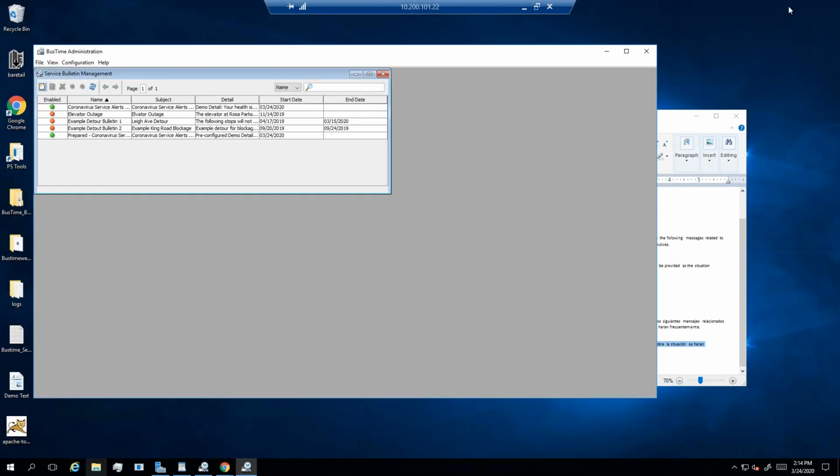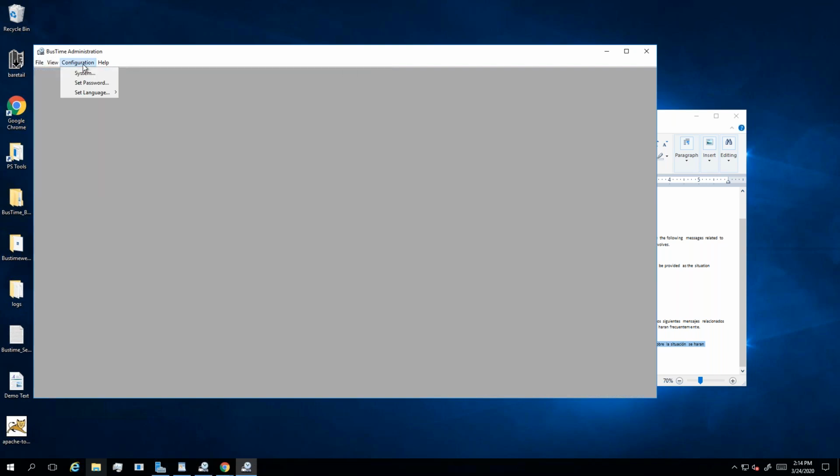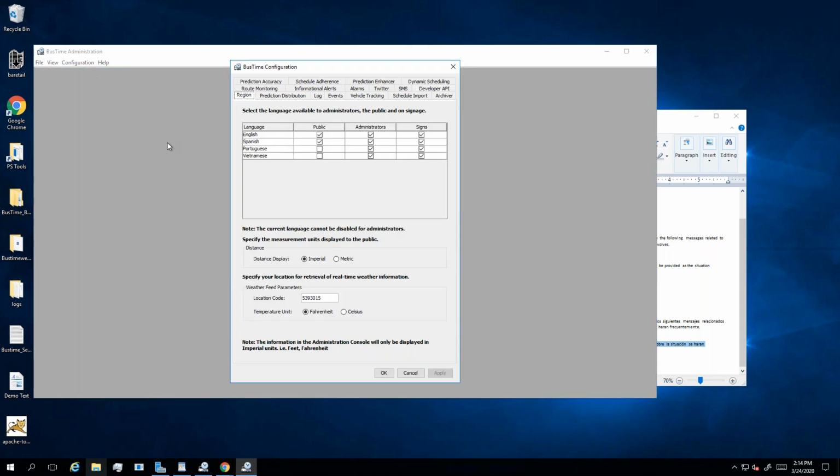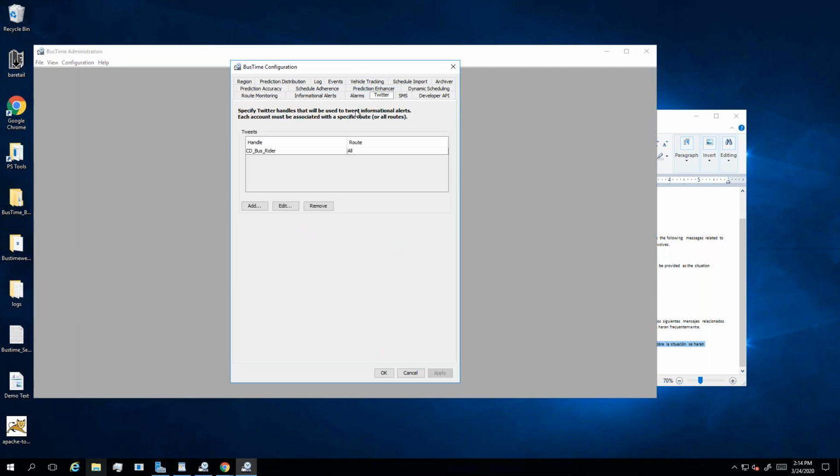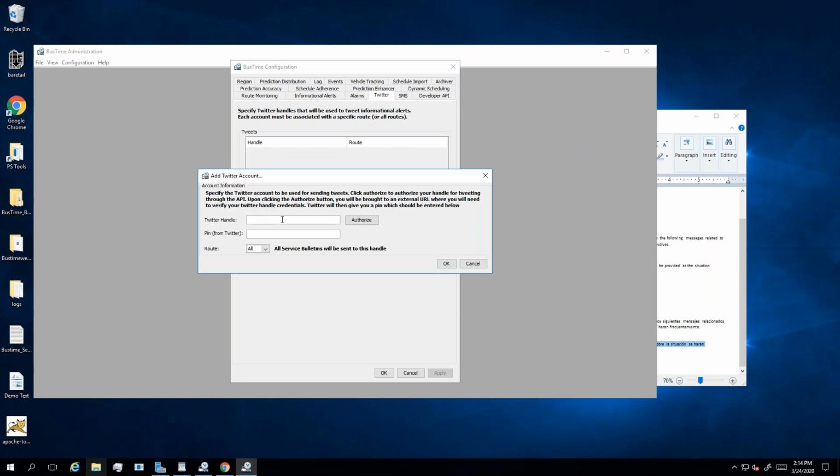All right. So with that concludes what I wanted to share about administering service bulletins, but I did want to show how Twitter can be configured at your site, just because it really can be done in under just a few minutes. So from within configuration, system, and then somewhat predictably the Twitter tab, we can review the setup. So this is the account that it's currently configured to tweet from. I'm just going to remove that and go through this process again.